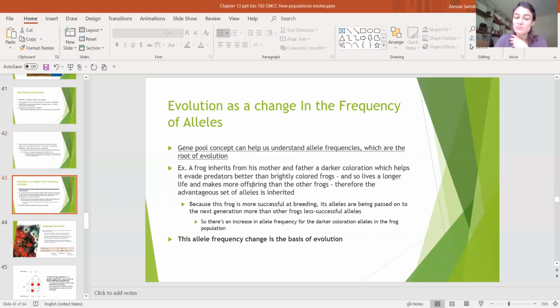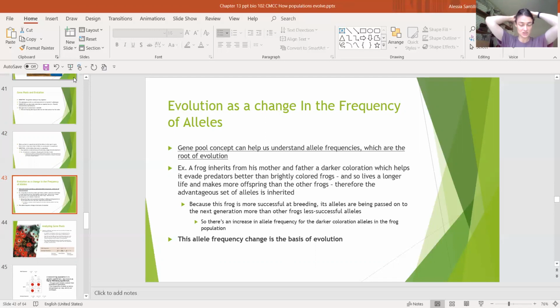Okay, so the gene pool concept can help us understand allele frequencies, which are the root of evolution. If we go back to that frog example that we saw before, remember the two frogs, one darker colored one and one lighter colored one. A frog inherits from its mother and father a darker coloration, which helps it evade and camouflage itself from predators better than brightly colored frogs, and so lives a longer life and makes more offspring than the other frogs. Therefore, the advantageous set of alleles is inherited. So in this scenario, it's a frog in that darker kind of forest, and you need the darker alleles to help it evade